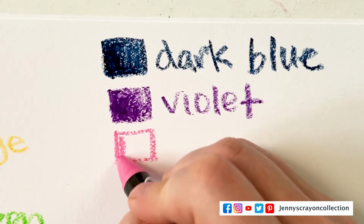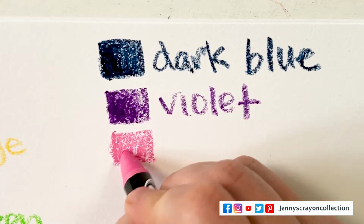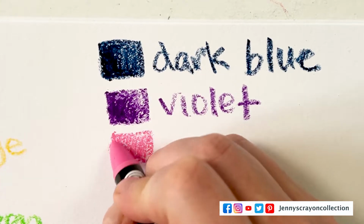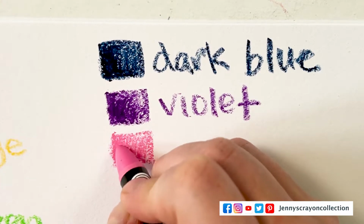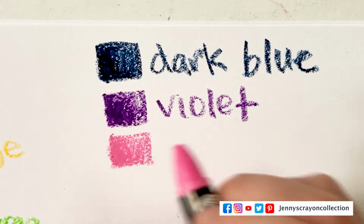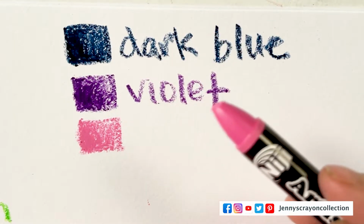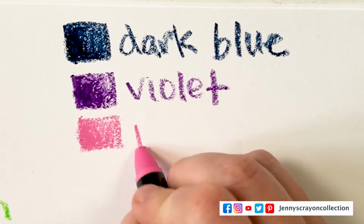So I'm wondering if you could recreate some of these colors just if you had them. The laydown is super nice. You can see how it's catching on the paper really well. So they are a little thicker. If you wanted to do lines, I feel like you would probably like fine detail on this. You would have to